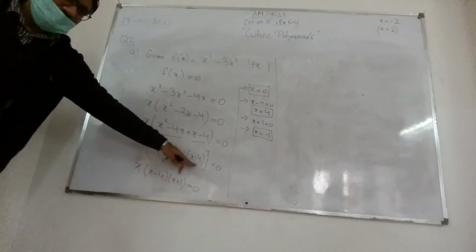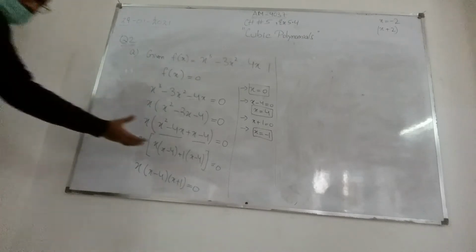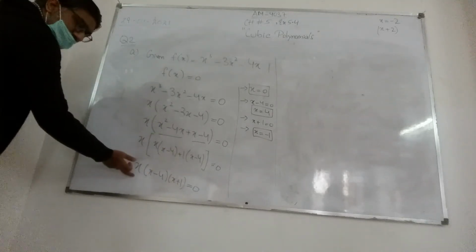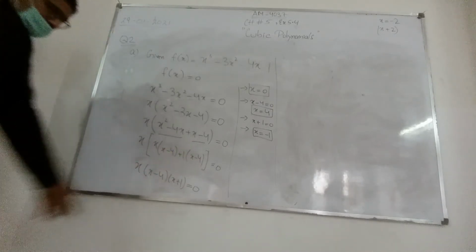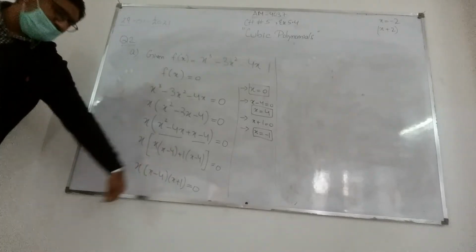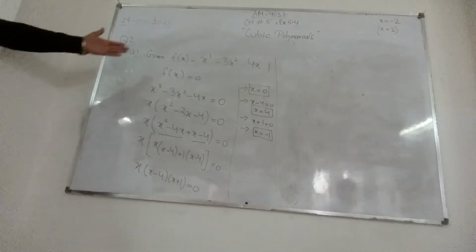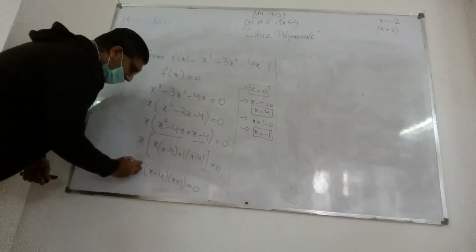Since the two brackets are equal, this means I have applied the method correctly. So now I just have to take this bracket common. This x will be as it is. This is x minus 4 and this is x minus 4. I can take x minus 4 as common, and the remaining things will get inside the bracket, that is x plus 1. So now I have factorized my cubic polynomial. I have made it into brackets, into different chunks.